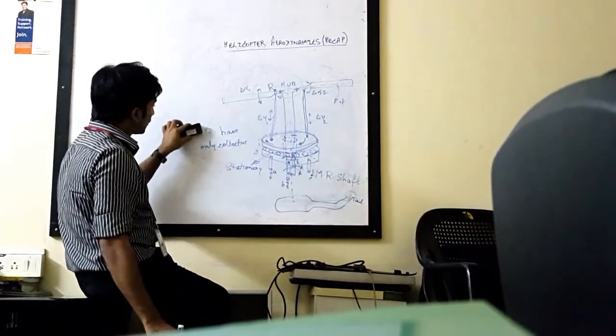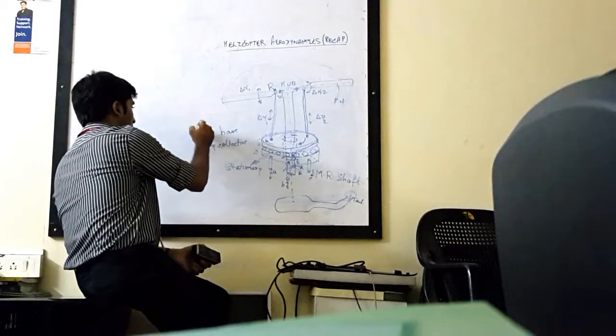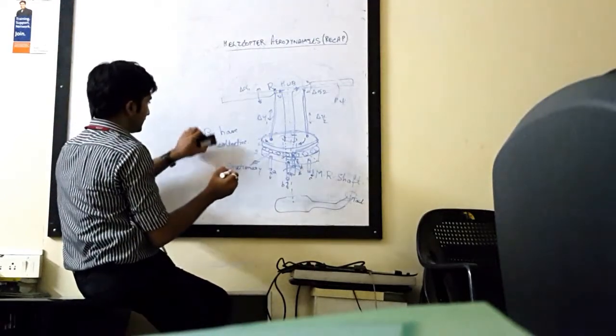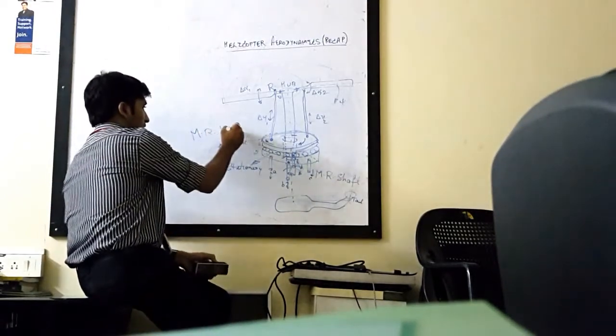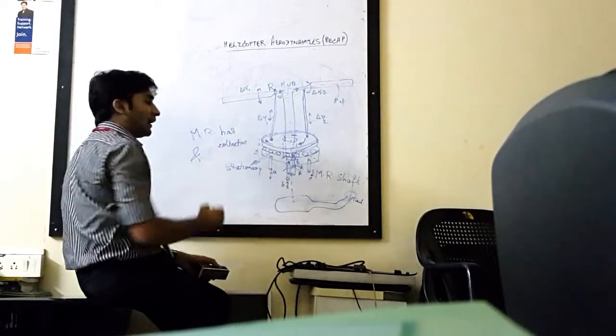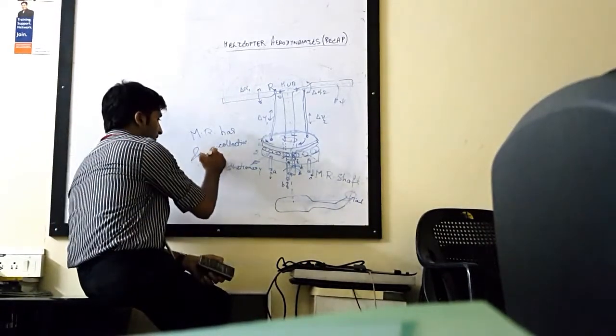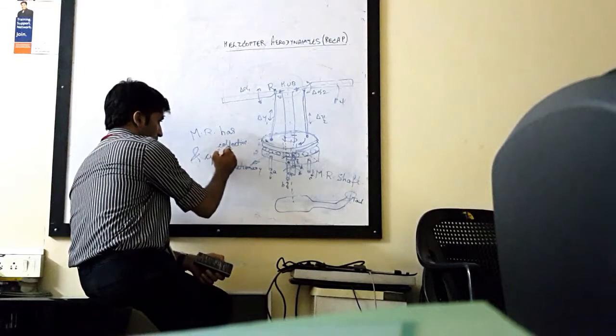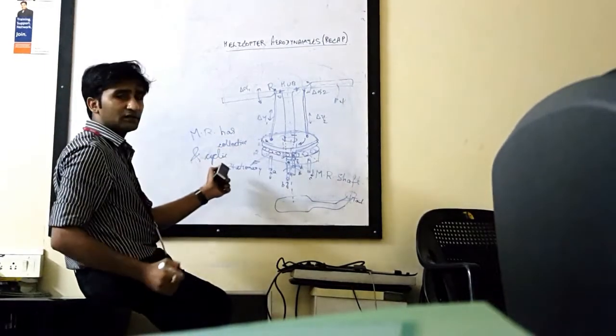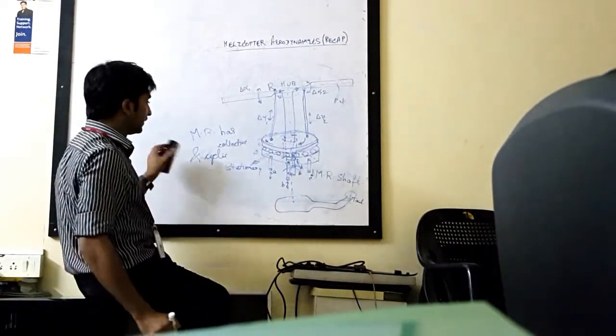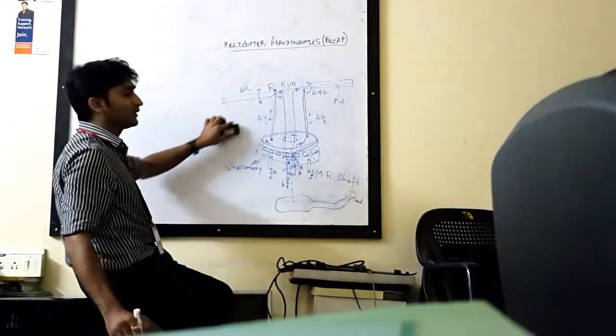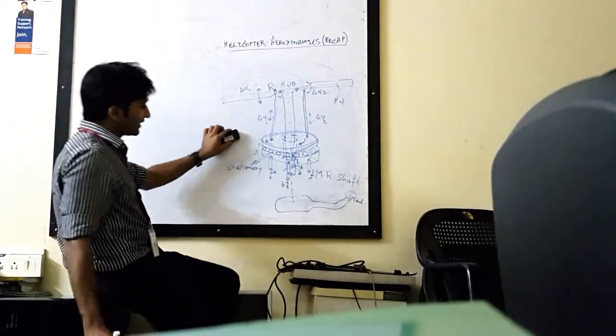So now the main rotor has collective and another control called cyclic. Now let's concentrate on what a cyclic is. What happens in a cyclic is,